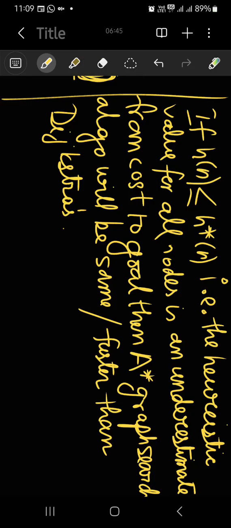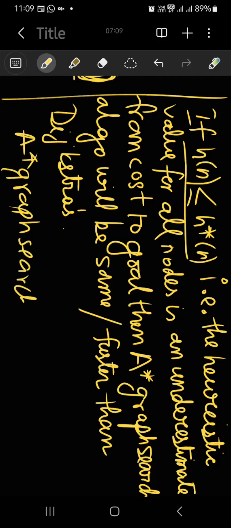কোয়েশ্চেনটা দেখো, এখানে কী বলছে, এটা ট্রু না ফলস এটাই জানতে চেয়েছে। If h(n) is less than or equal to h*(n), that is the heuristic value for all the nodes is an underestimate from cost to goal, then A star graph search algorithm will be same or faster than the Dijkstra's algorithm, ঠিক আছে। এটা ট্রু হবে না ফলস হবে? তো দেখো, যদি এ স্টার গ্রাফ সার্চকে ফাস্ট হতে হয় অথবা সেম হতে হয়, সেম স্পিড কম্পেয়ার টু ডিজকাস্ট্রা, মানে ডিজকাস্ট্রা থেকে যদি ফাস্ট হতে হয় অথবা ডিজকাস্ট্রার সেম হতে হয়,